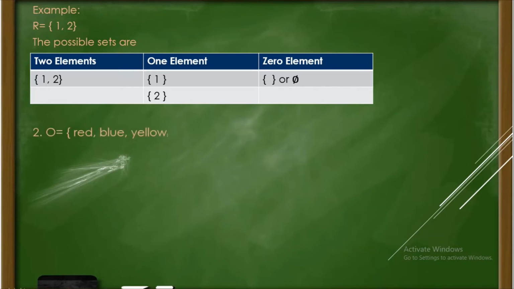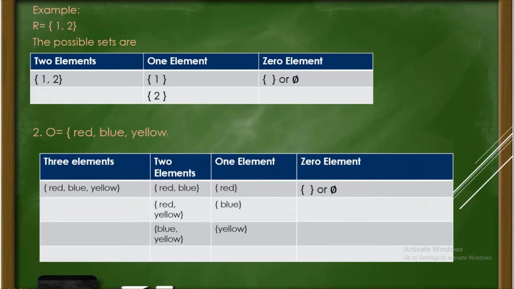Another example, set O is equal to {red, blue, yellow}. Ang magagamit natin here is up to 3 elements kasi nga yung given is having 3 elements. So we have here 3 elements: red, blue, and yellow. The two elements, we have red-yellow, blue-yellow, and red-blue.